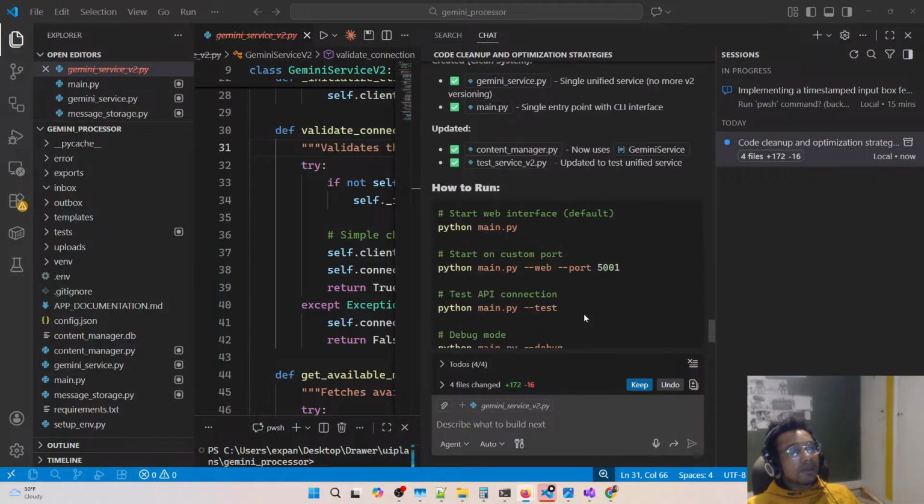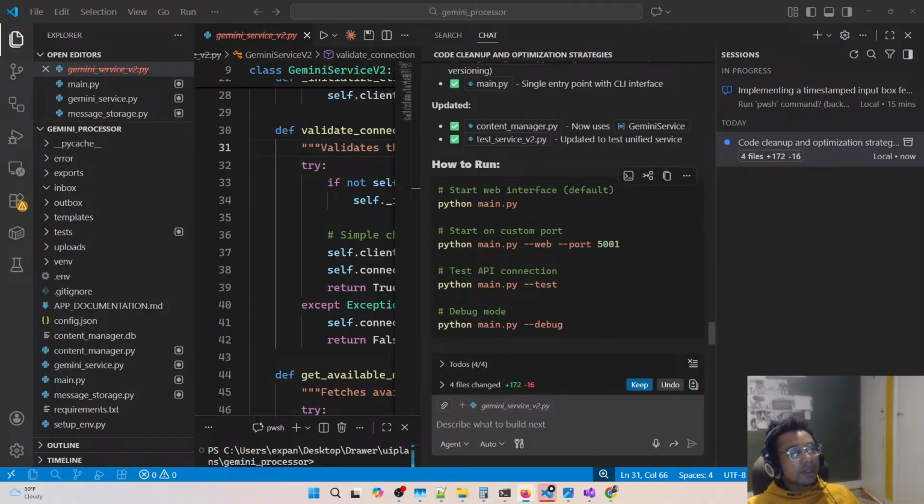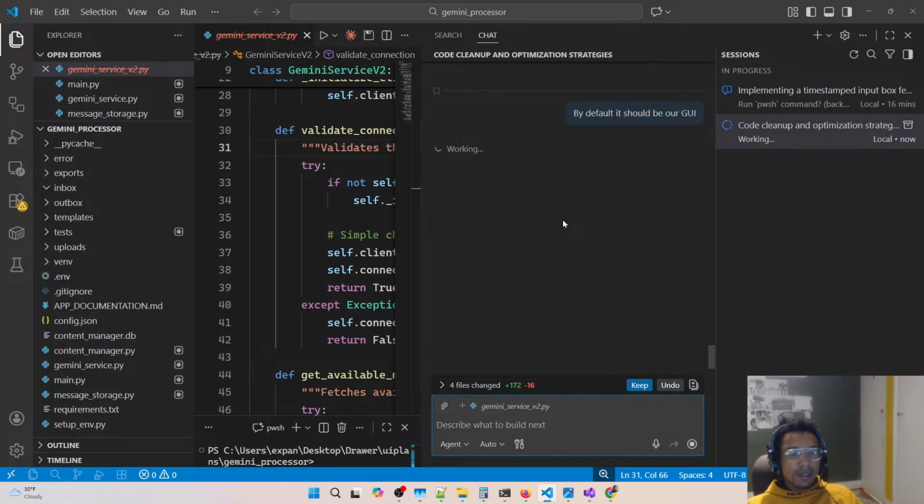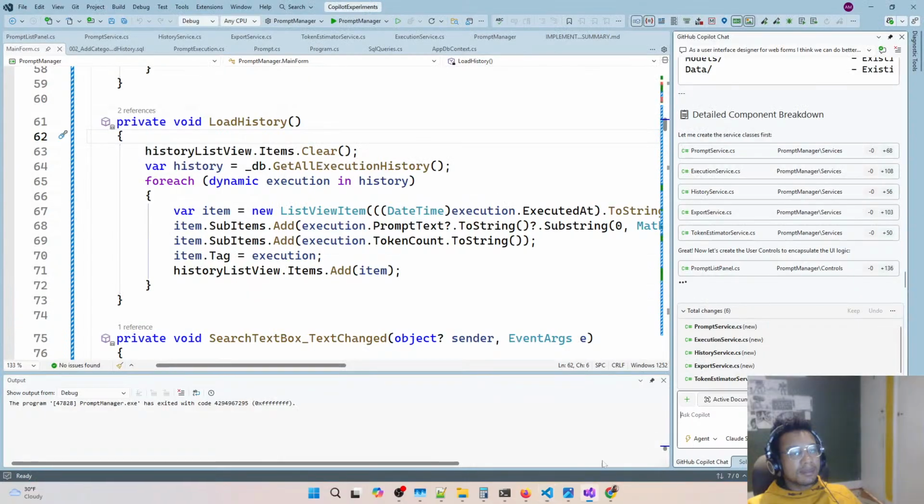Okay, so it has removed the web interface. By default, this should be our GUI. We are not going to do it as web. We're going to do it as GUI. So now this is going to break down our components into components. While this is loading, I wonder if we can